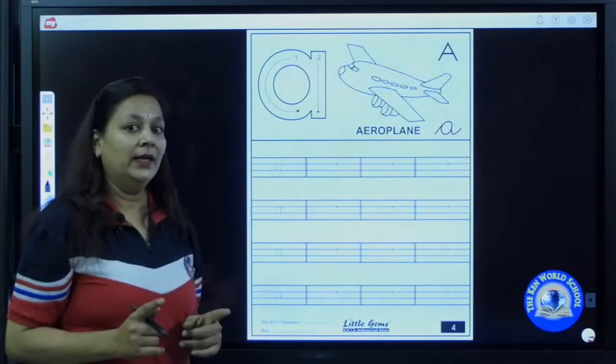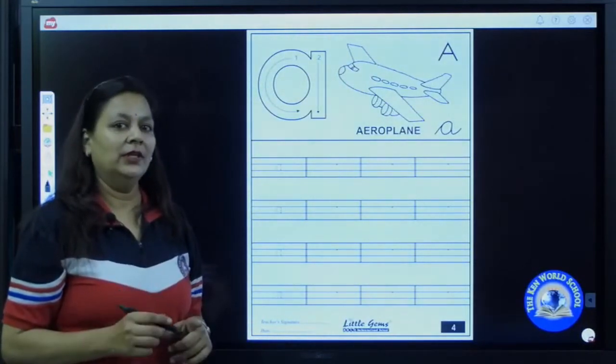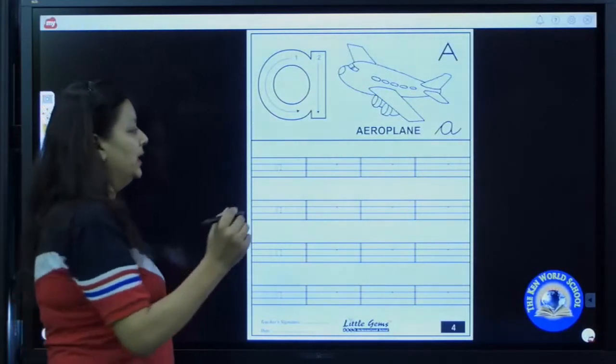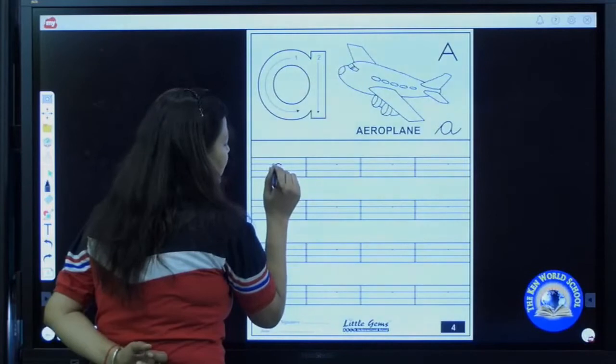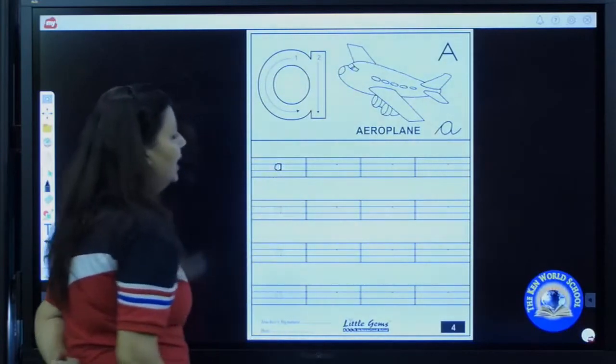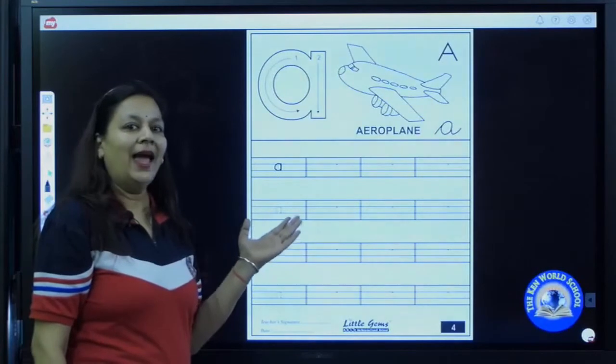Now we are going to repeat the same letter for more practice. Are you ready? You have to sit properly. Sit half on your chair. Hold your pencils properly. Now put your pencil till baseline. Now go up to down, standing line. A says /a/.